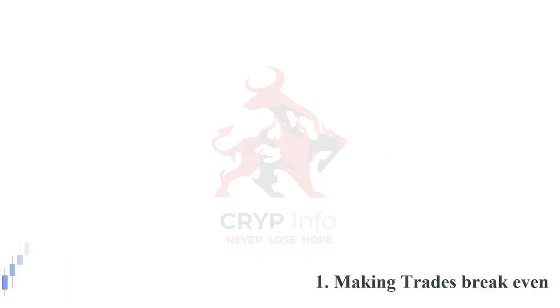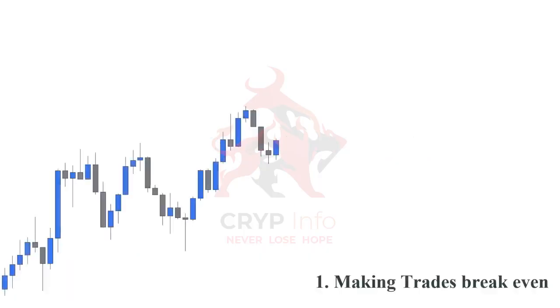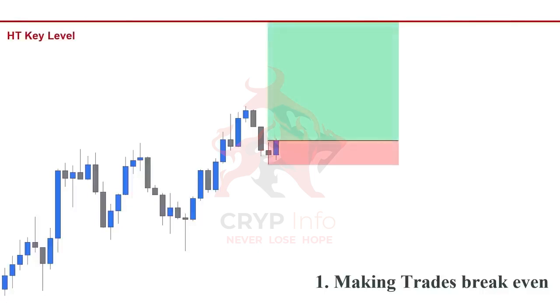Let's start with the most basic technique, which is making the trades break even. Imagine we have an uptrend with a series of higher highs and higher lows, and we want to trade with the dominant trend. We go long and put our stop loss below this swing low. We target the higher time frame key level, which could be a turning point for the price. This trade has a 1 to 5 risk to reward ratio,